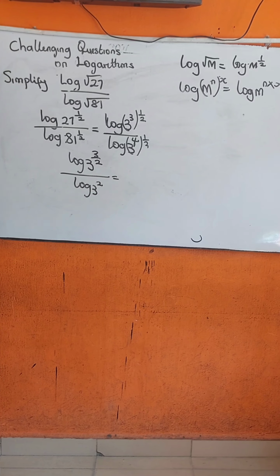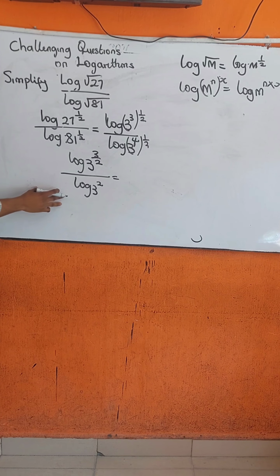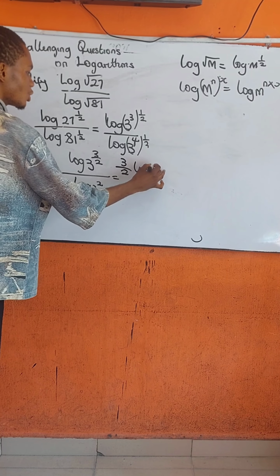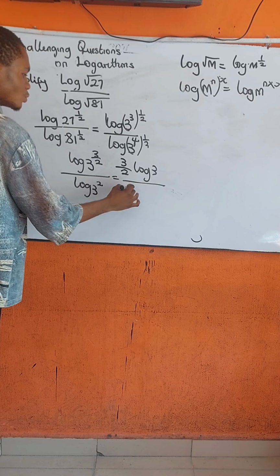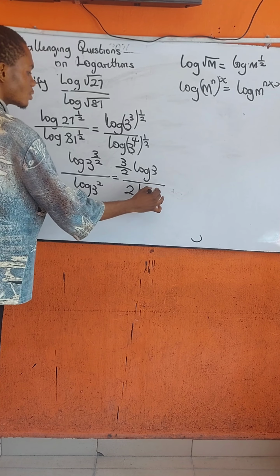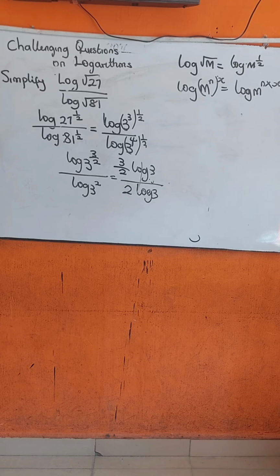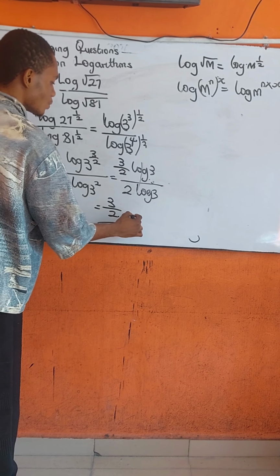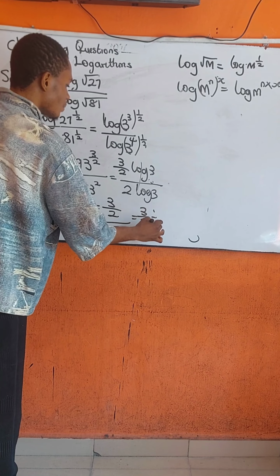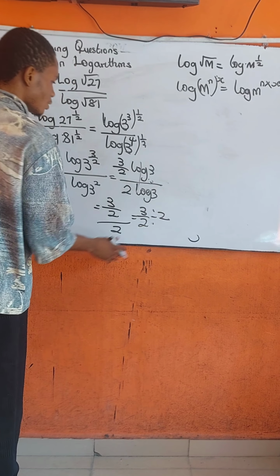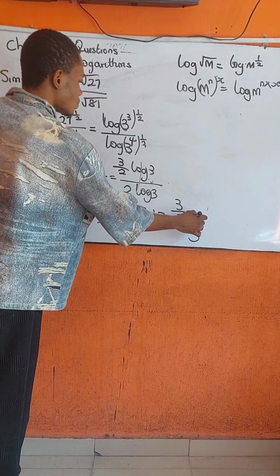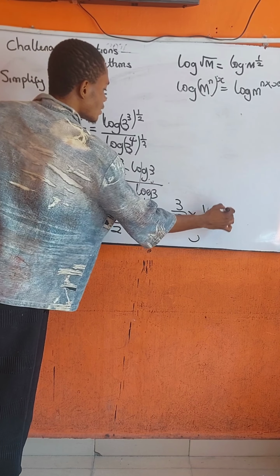Equating those powers, we can cancel out those logs. We have 3 raised to the power 2 over log 3 over 2 raised to the power log 3. The both of them will cancel out. So now we are left with 3 over 2 divided by 2, which is equal to 3 over 2 times 1 over 2. So our final answer is 3 over